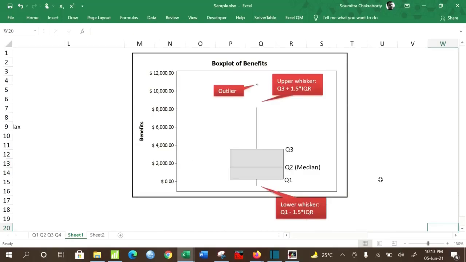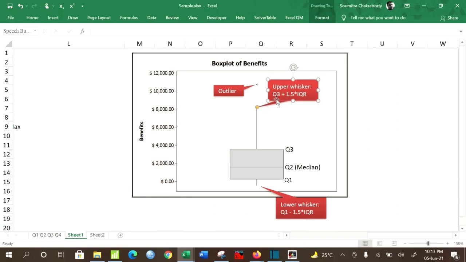Now let us discuss the box plot and interpret it. Note that the extremities of the box are nothing but the quartiles: the lower extremity is quartile 1 and the upper extremity is quartile 3, and this midline is quartile 2, which is the median. And for this line, the topmost point is called the upper whisker and is calculated as Q3 plus 1.5 times IQR.